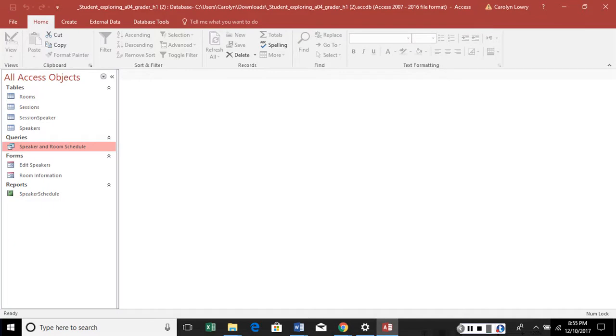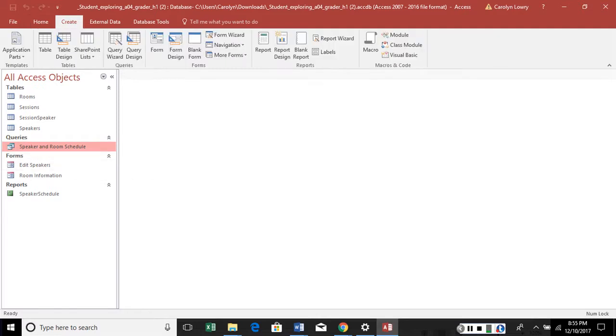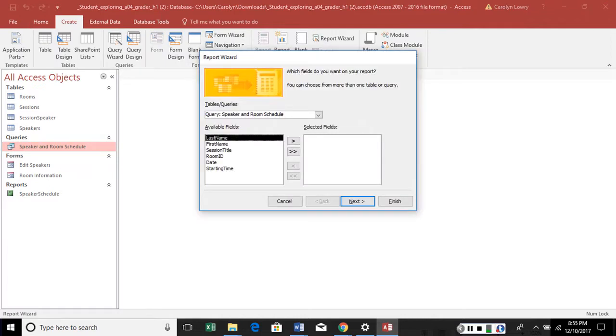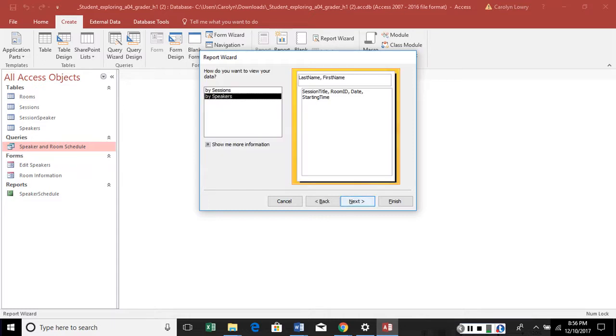Now I want to click the speaker and room schedule query and activate, so it's already selected. I don't really have to click it again. I want to activate the report wizard again and use the following options. So create and report wizard, and it says that I want to select all available fields for the report, so I just click that one button, next,